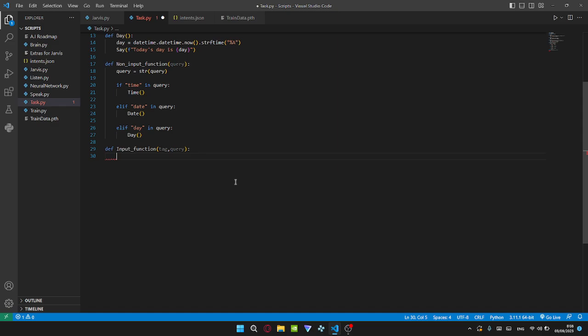Okay, and then inside of here, if Wikipedia in tag, let me just copy this, in tag,